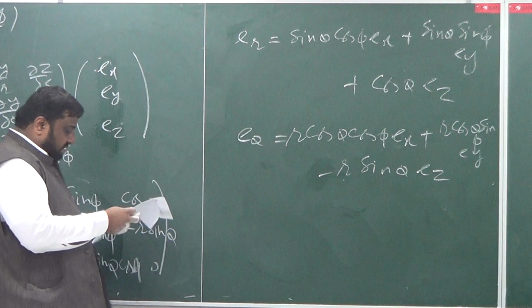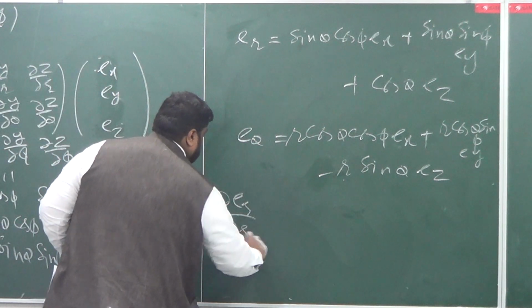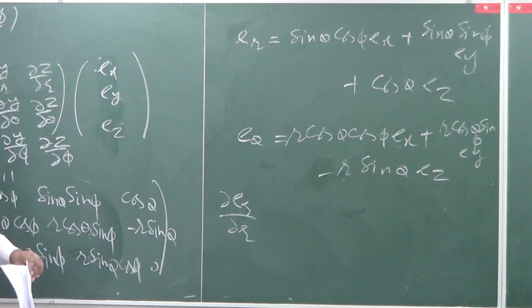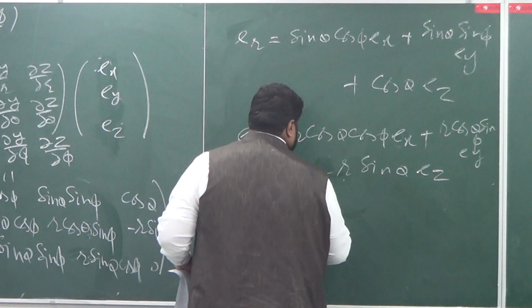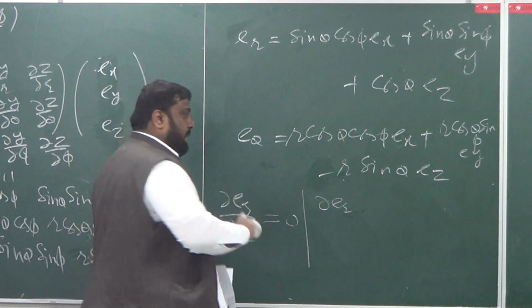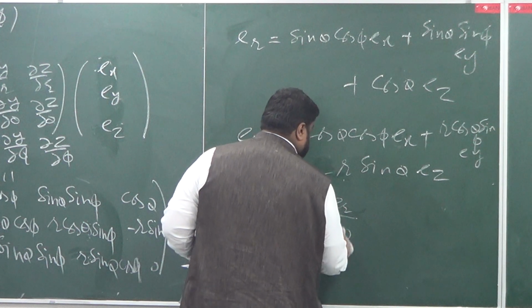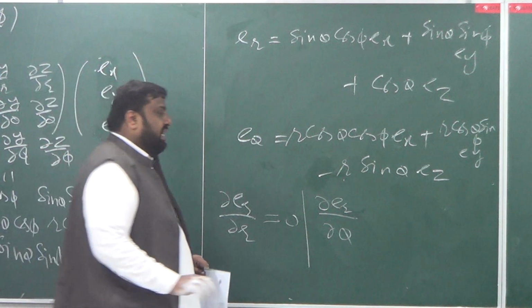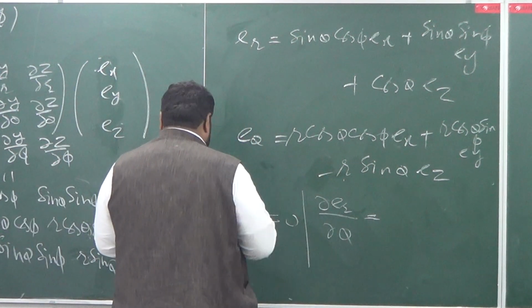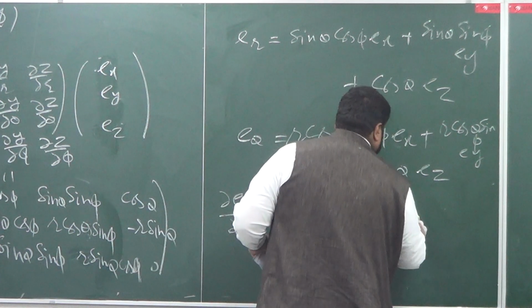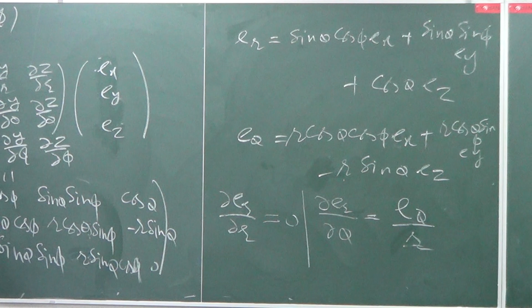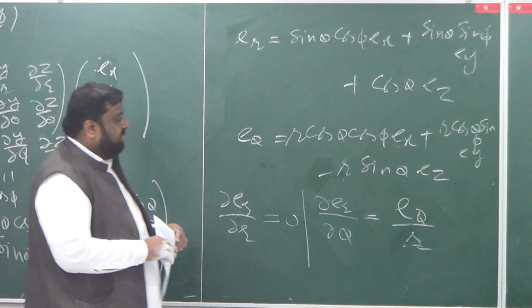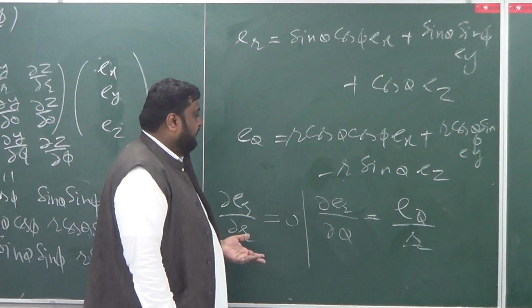Now here's the thing. What would be partial Er by partial r? It must be 0. There isn't any r. By the way, what would be partial Er by partial theta, for example? You can verify that this would be E theta, 1 over r, E theta by r actually. So you're going to get the same expression as E theta divided by r. Are you getting the point? So now you can see that if I differentiate,